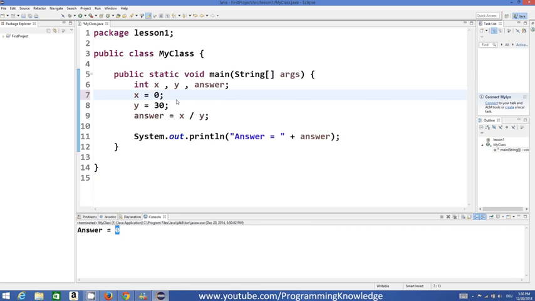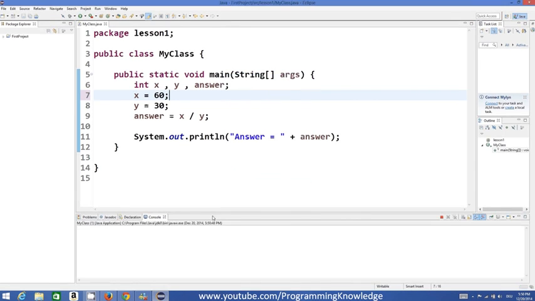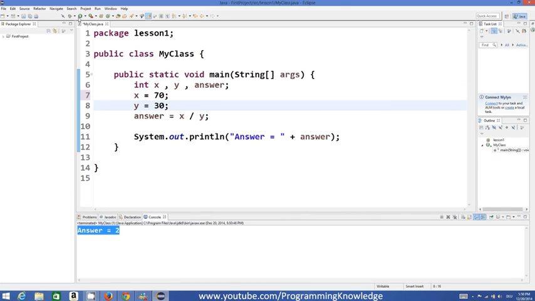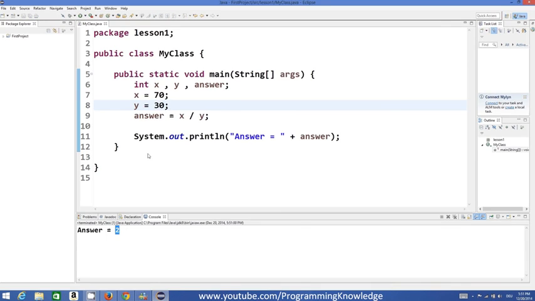Let's divide 60 by 30 for now and compile the program, and we get 2, right? But when we get some numbers which are not totally divisible, what is the answer in this case? In this case also the answer is 2, because our quotient for this value is 2.